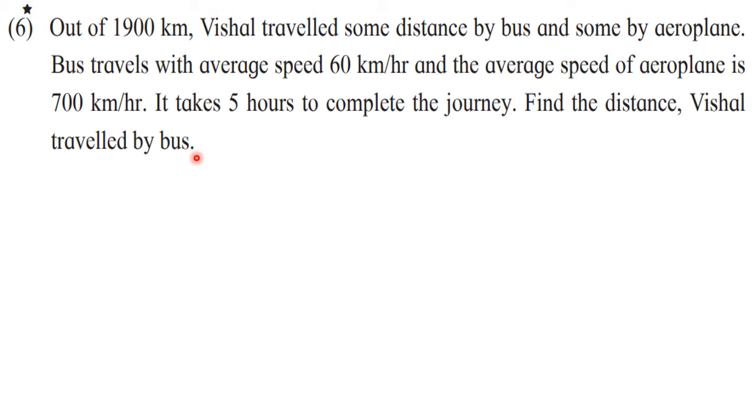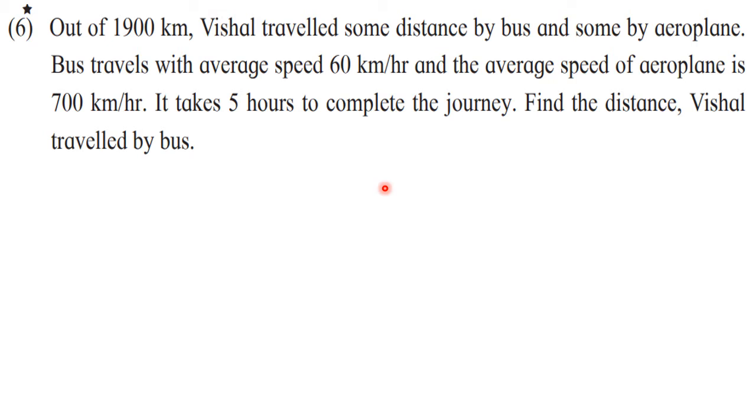Okay, so here you can understand that we have the words like speed, distance and time. See here, 5 hours means time is given, and here we have to find distance. So this problem is based on speed, distance and time. And as soon as you see such a problem, you have to recall the formula for distance. Distance is equal to speed into time, or you can say time is equal to distance upon speed, but that formula we need to use here.